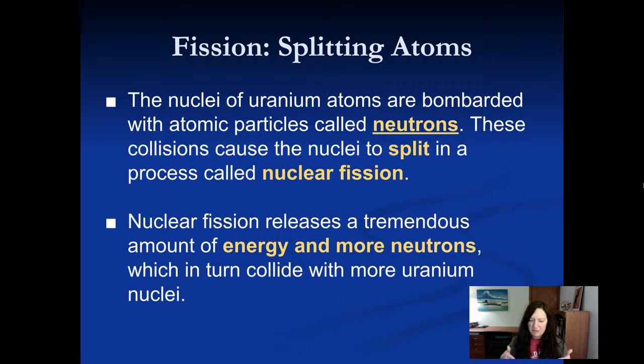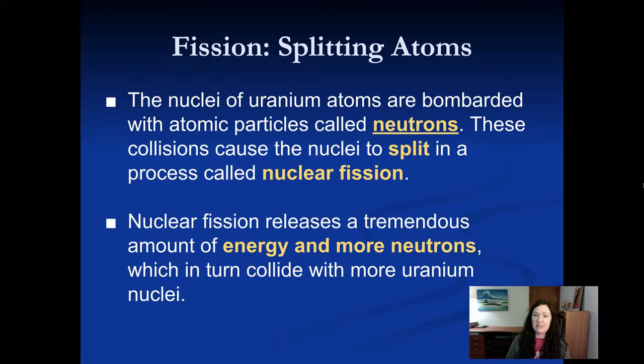If you think of a fissure, it's like a crack. So fission is like splitting something apart. The opposite of fission would be fusion, and that's when you are bringing two atoms together and their nuclei together, which really only happens at super hot temperatures. The sun is an example of where you see nuclear fusion. But nuclear fission, or splitting those atoms, is what we use in nuclear energy.